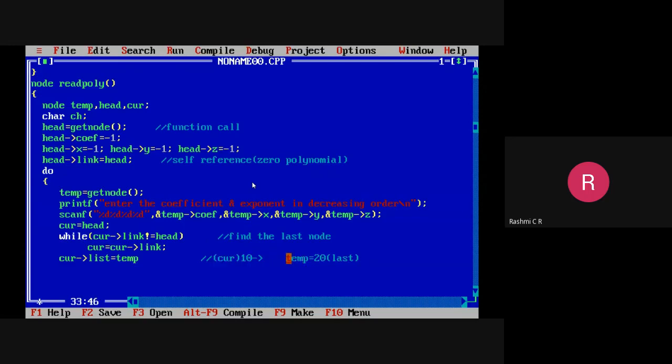After that, what happens to the link of 20? This should point to header node. Why should it point to header node? Because it is a circular list. Always the last node should point to header node. For doing that, we'll be writing temp of link should point to header.